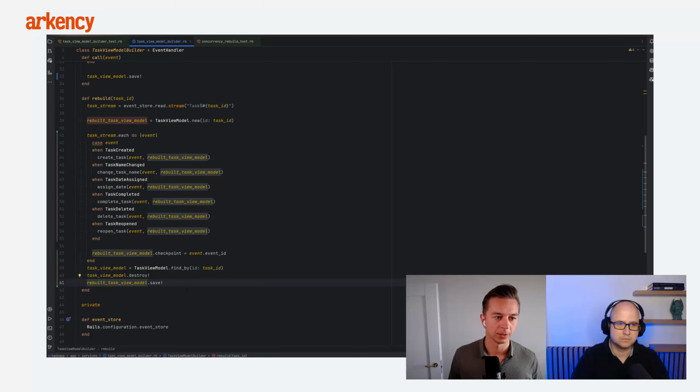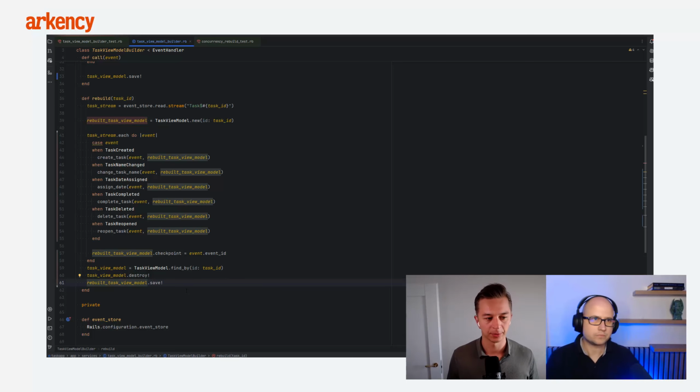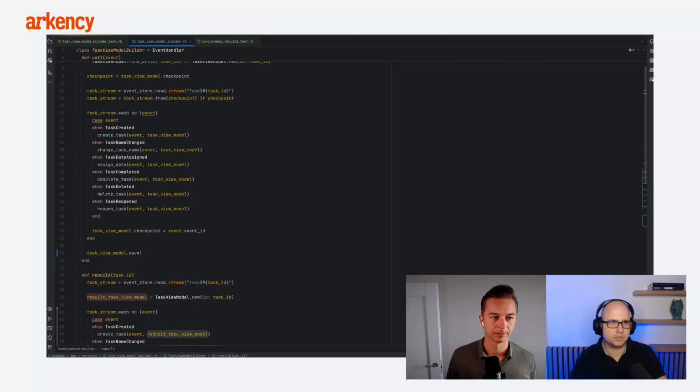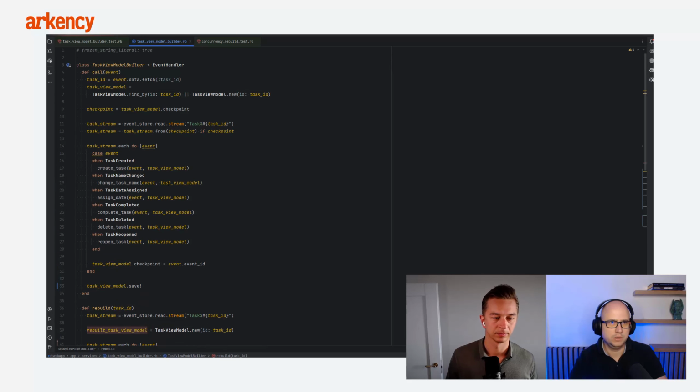Normally, we would get the task view model here if we just applied some new event, and then the event would be applied to this model. Here, the difference is that we rebuild the read model, so we create a new object, we instantiate it with an ID, and then, as Tomek mentioned, the destroy and save happens. Yeah, one more thing here: in the call method, we are handling a single specific event